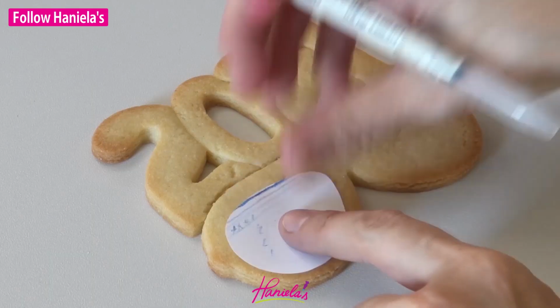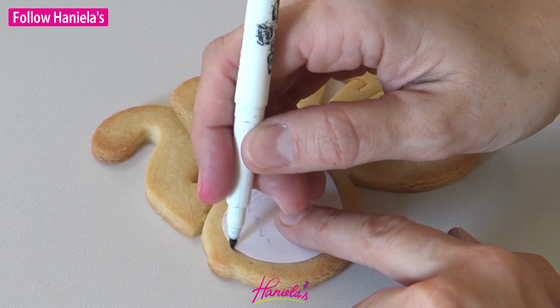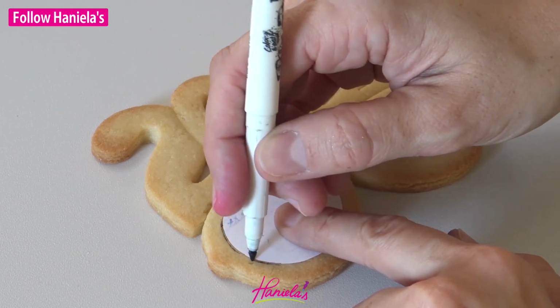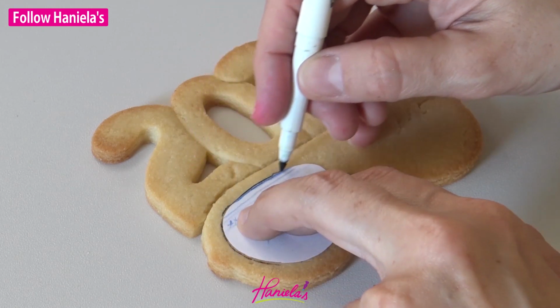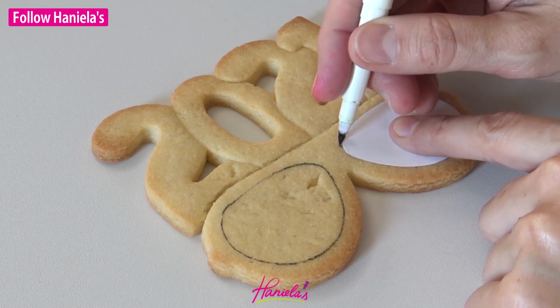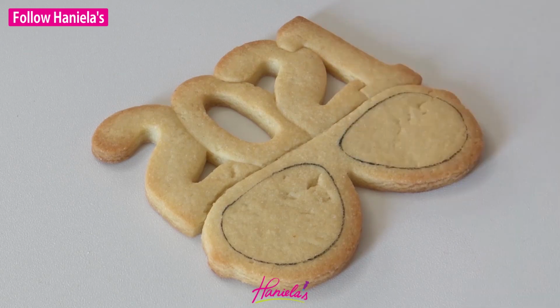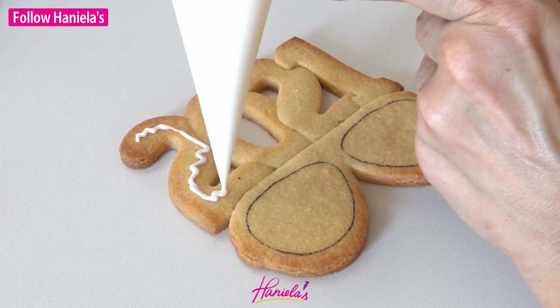To make this shape I used 4 cookie cutters. Then I baked the cookies, and now I'm tracing an outline on a cookie with an edible marker using a simple paper template. To decorate, I will be using royal icing, and I'm going to start by piping a squiggly